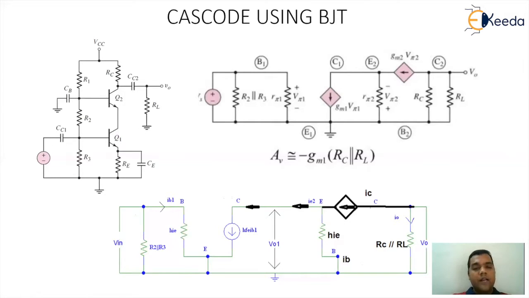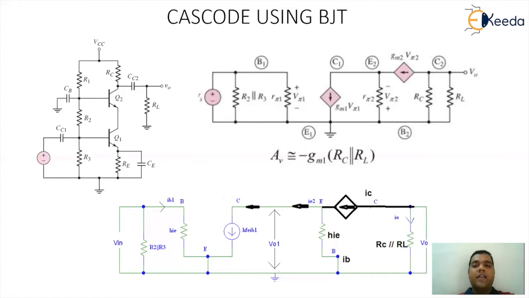So now for the transistor between the base and the emitter, instead of RPi, you will have HIE, and between collector and emitter, instead of GMVpi, it will have the value HFEIB. On similar lines, between the base and the emitter, for the second stage, you are having HIE and the current source from collector towards emitter. So if your observation is sharp, the overall representation in both the cases is the same.